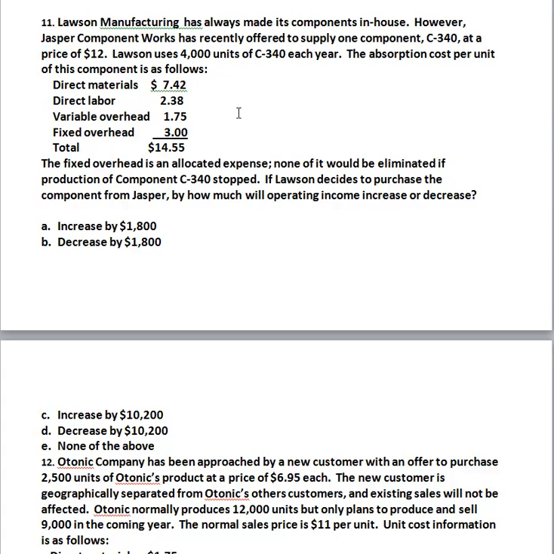To produce in-house, the cost per unit appears to be $14.55. It says that the fixed overhead cost is an allocated expense. None of it would be eliminated if the production stopped. So if it cannot be eliminated, that means it's going to be there regardless. It's unavoidable, so it's not relevant. So we are going to ignore the fixed overhead. So if we look at the relevant cost to make,